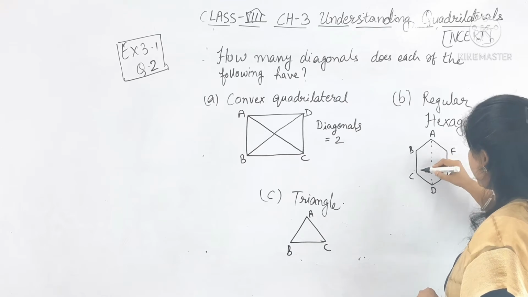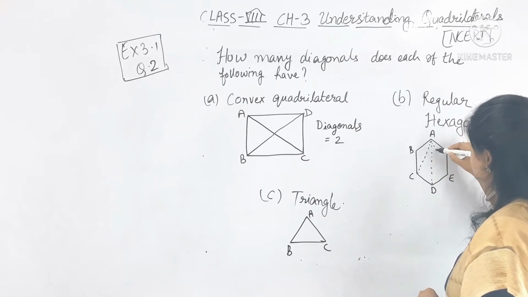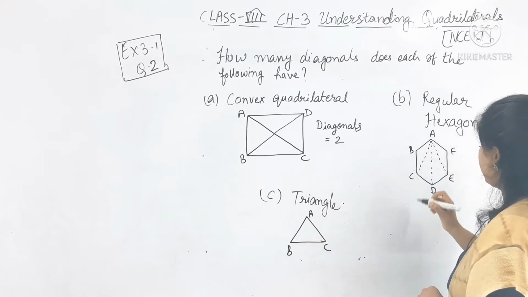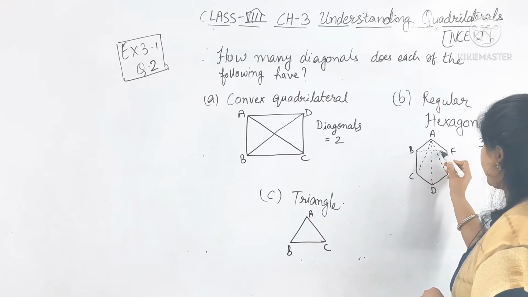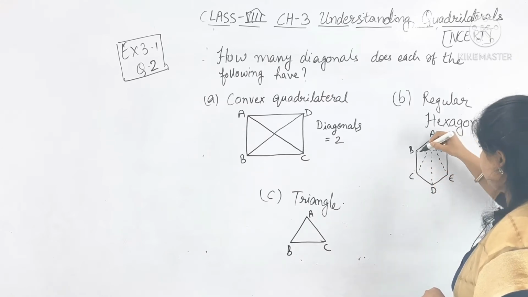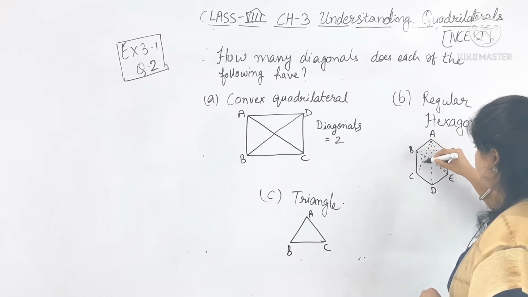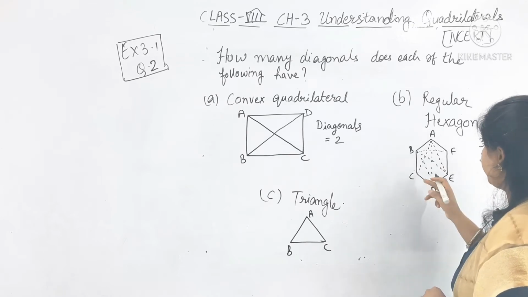This is one diagonal, 2, 3. Okay, 3 is there. Now come to the B. This is one diagonal, 2 diagonal, 3 diagonal. Here 3. Okay, from C